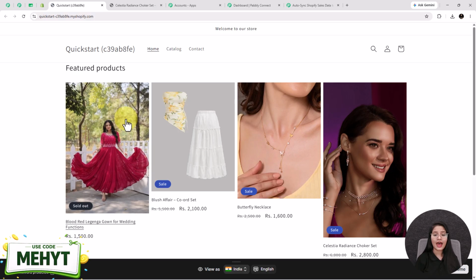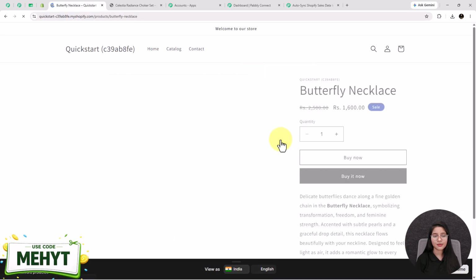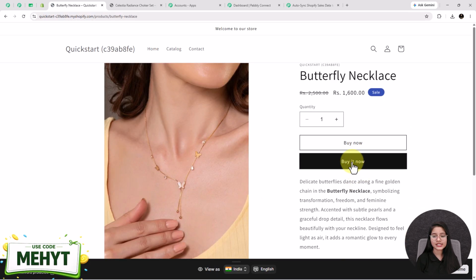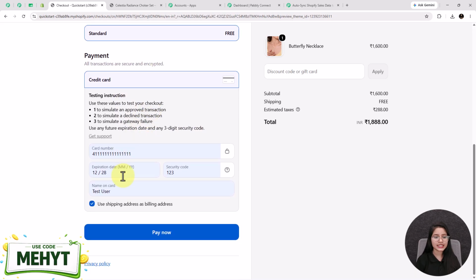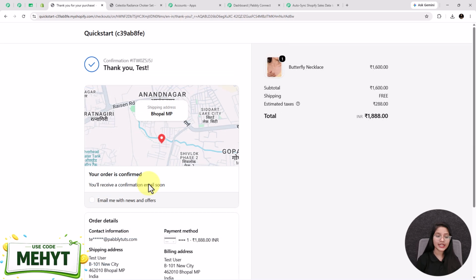See, this is my online store, and let's say I want to purchase this butterfly necklace, so I am clicking on its buy it now button. See, this time I have entered my first name as test and last name as user and all the test details. After that, I'll click on this pay now button and see my order is successfully completed